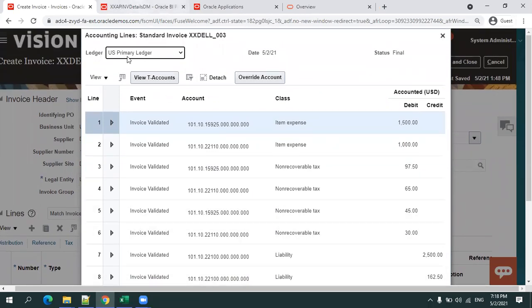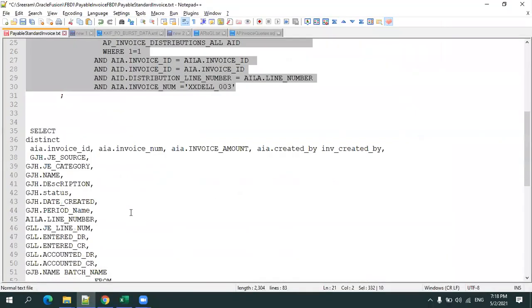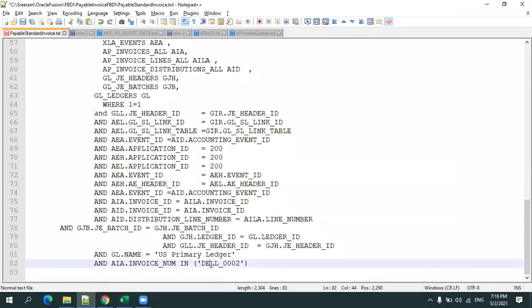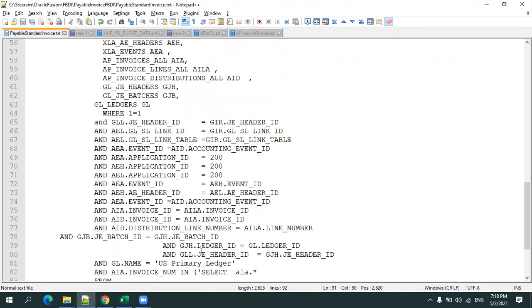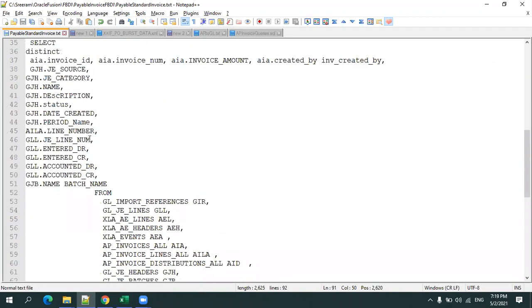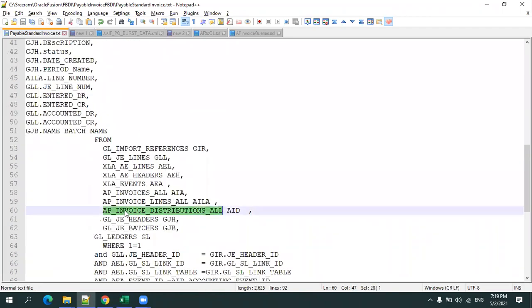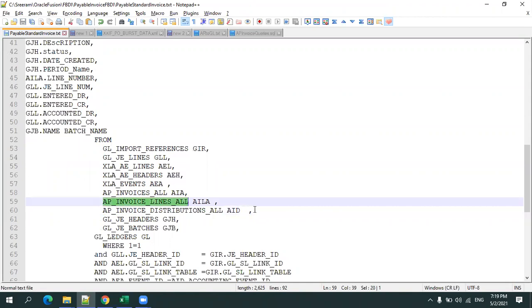Now what I'll do is, I have the query which joins subledger data with the AP invoice data. Here, if you observe, I joined the AP invoice table, AP invoice lines, AP invoice all table.